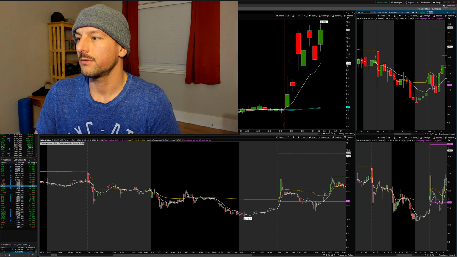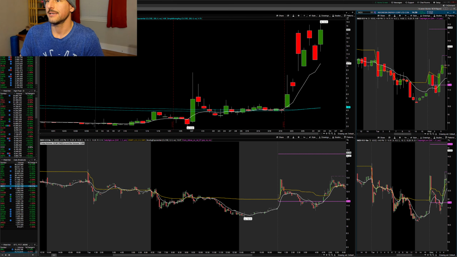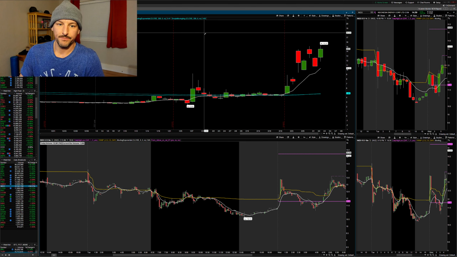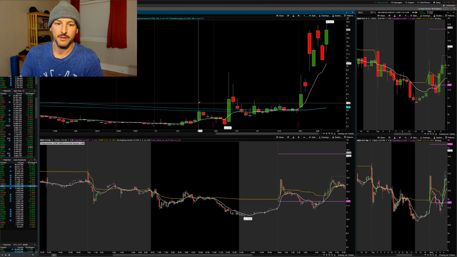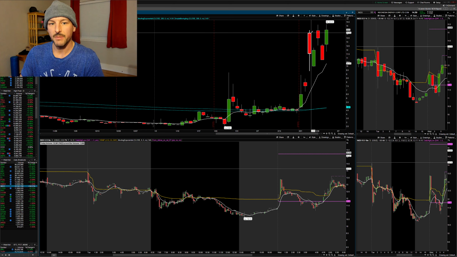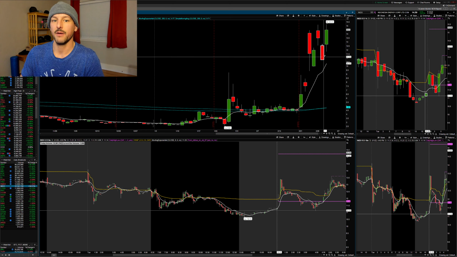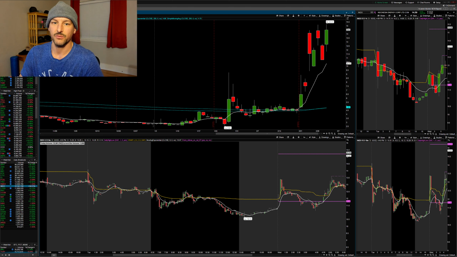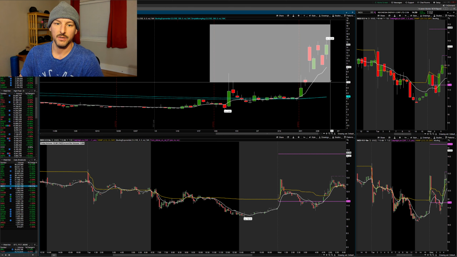Alrighty, so today's example is going to be on INDO. Starting with the daily chart, you can see that it had a big spike up and it's just chopping around up here. Made a move up, came down, made a move up, came down. So today looks like it could be a bounce day, right? To retest these levels up here. So coming into the day,